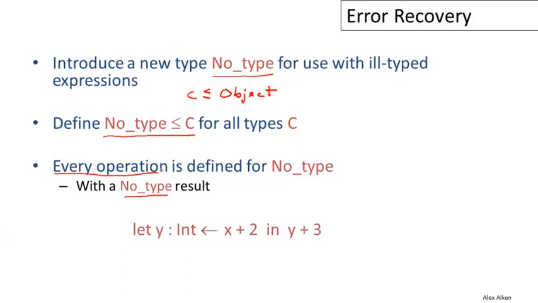And now let's take a look at our same code fragment, and let's work through what happens if we use no type. So again, we walk